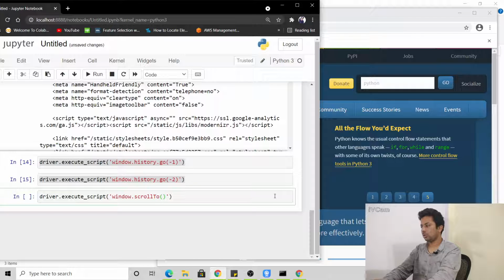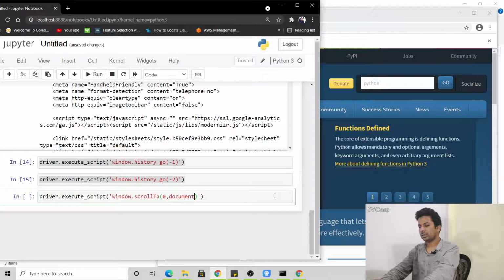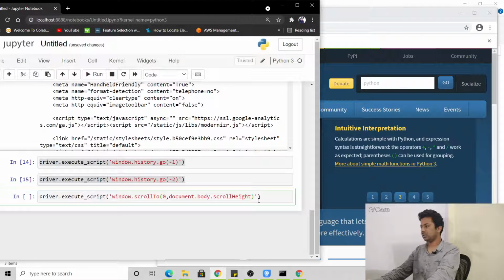to, you say 0 comma document dot body dot scrollHeight. Okay, now I think something's wrong.